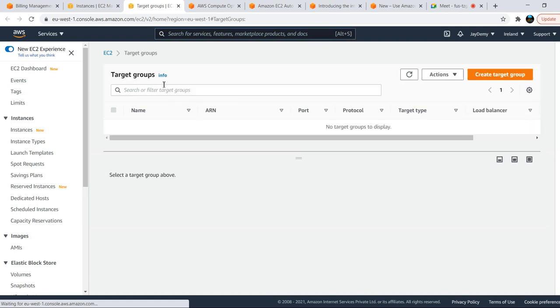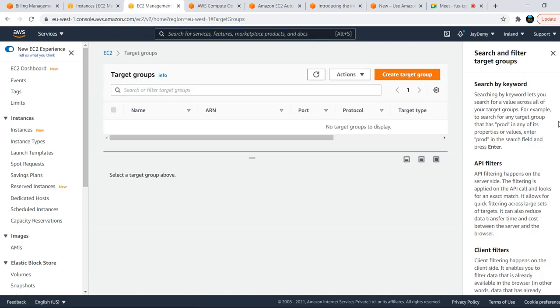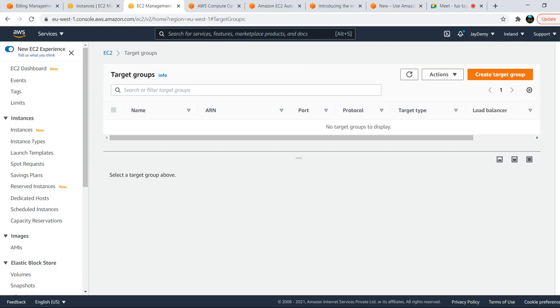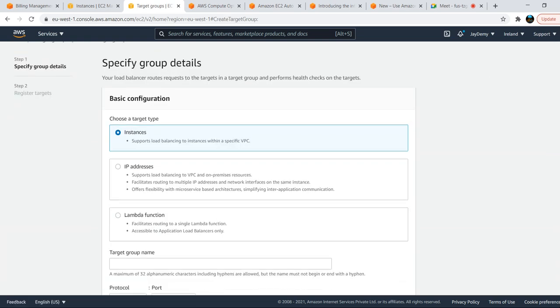Target groups is simply where we add our EC2 machines to serve the incoming traffic, and this target group we directly attach to the load balancer. So we don't have to worry about how many instances are being added to our load balancer. We add them to the target group, not directly to the load balancer. The target group is directly attached to the load balancer. Whenever any new instance comes, it is first added to the target group, then the load balancer sends traffic to the target group itself, verifying and giving the healthy status of our EC2 machine.